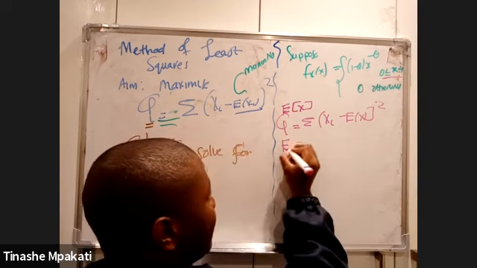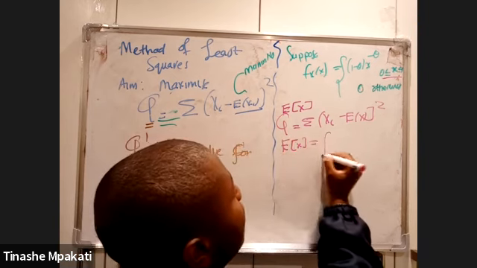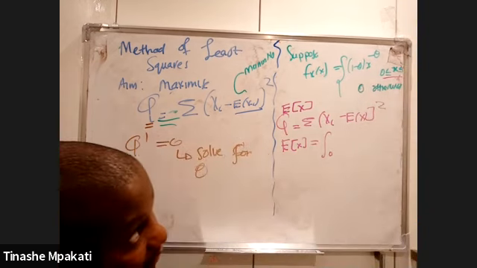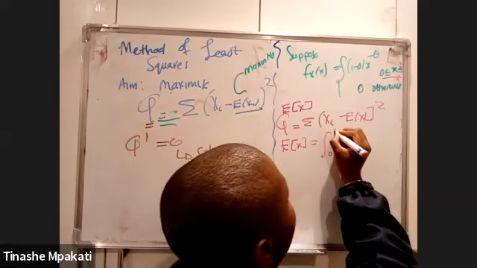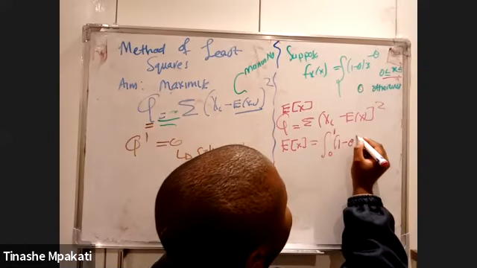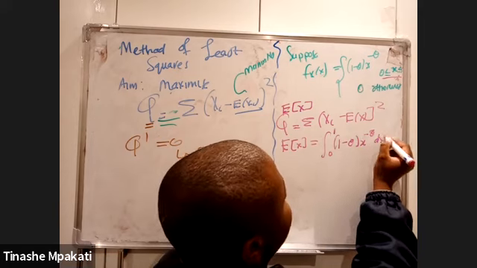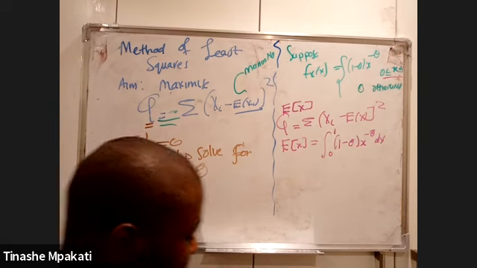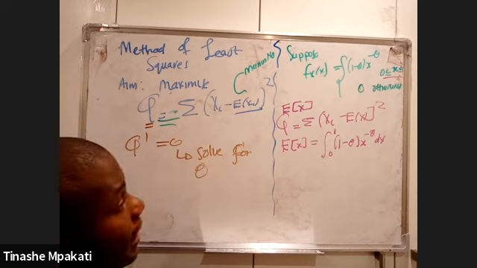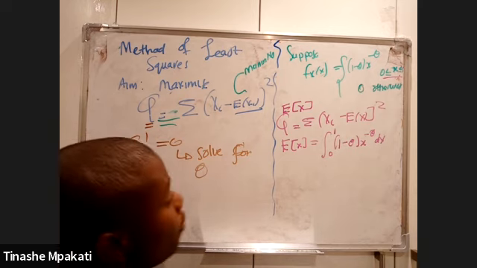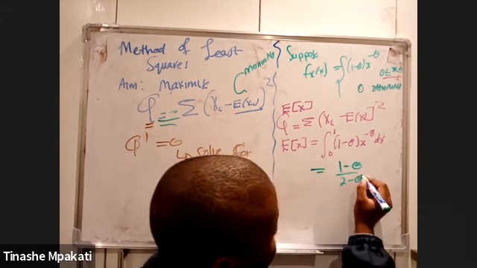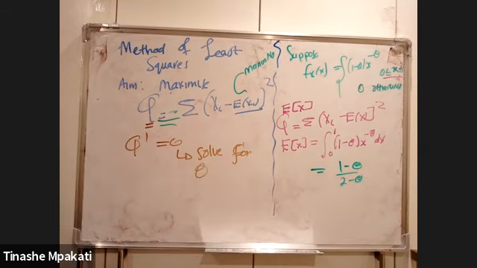And by definition of expectation, this is simply equal to integrating from 0 to what? To 1, because our x is between 0 and 1, just in case it's not very clear. Our PDF is 1 minus theta times x to the power minus theta, with respect to x, since it's the function of x, right? Then again, this should be simple to find the expectation of a random variable. And if you simplify that correctly, you would get that our expectation is equal to (1 minus theta) over (2 minus theta). And once we have that expectation, now we can go on to complete our function Q,